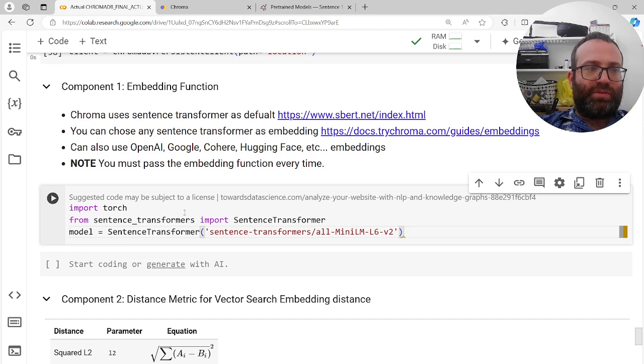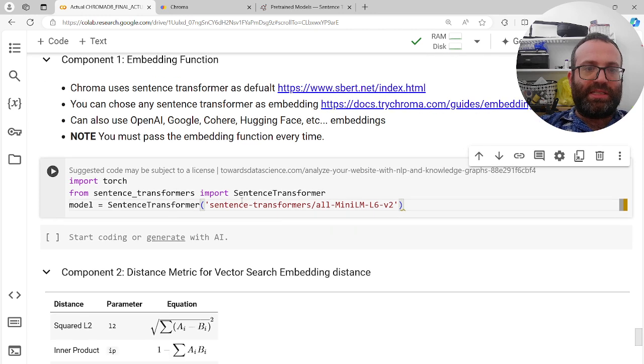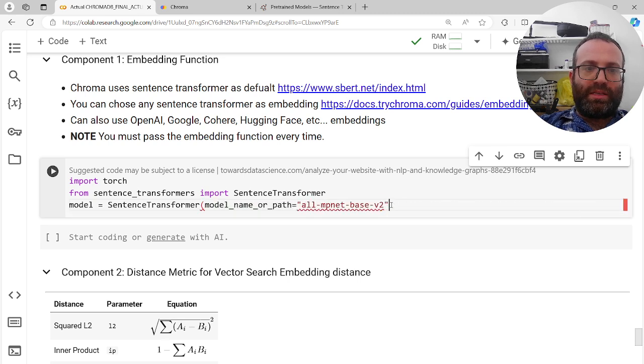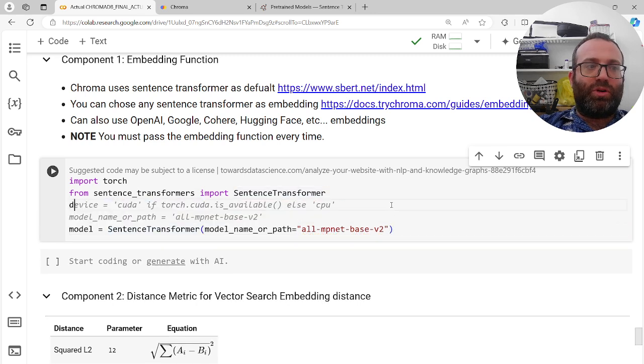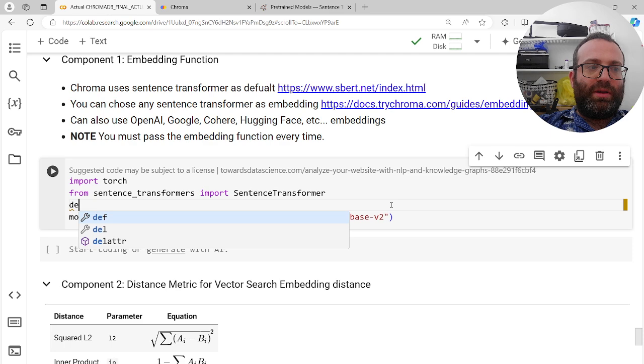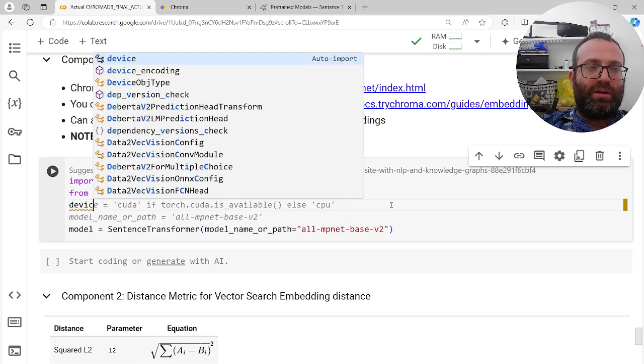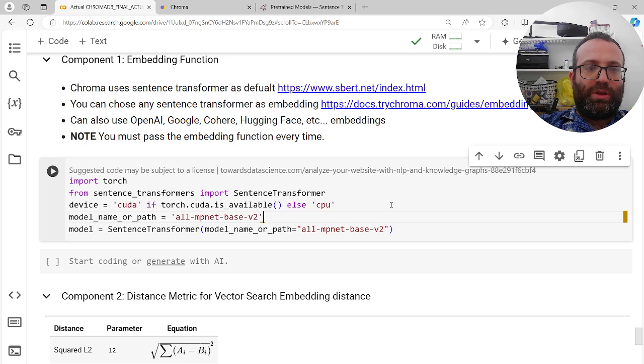Import SentenceTransformer from sentence_transformers, and I said I want this transformer. I want the model name equals... I didn't want the mini one, I want the bigger one, like this guy. Okay. So another thing is I imported torch because if you imagine you're using a local model,